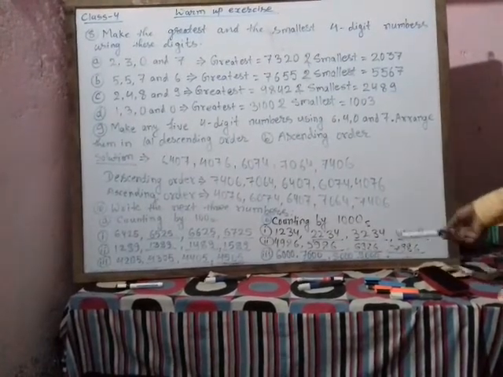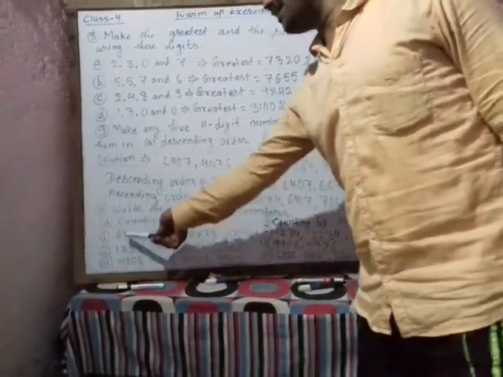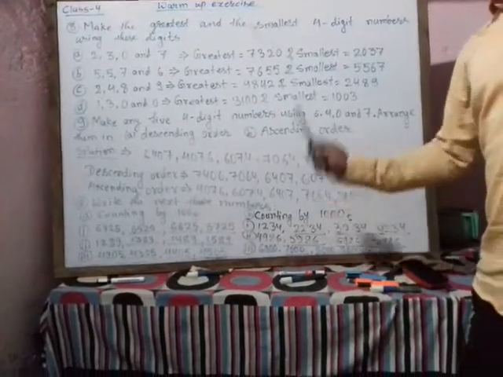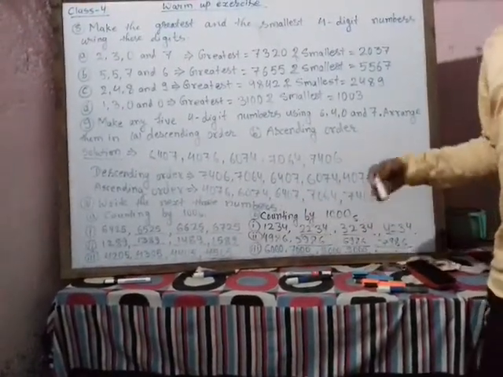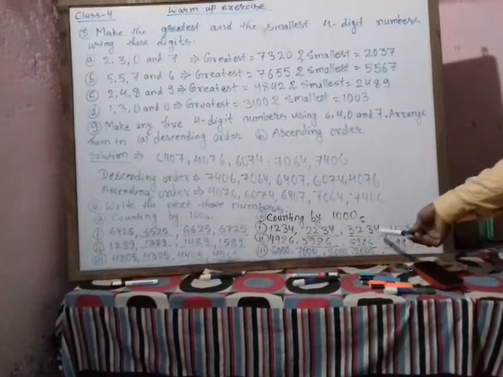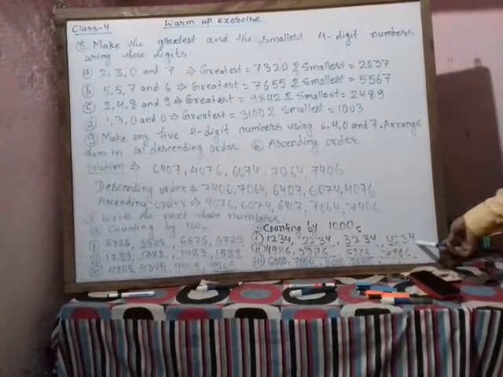Other digits we don't have to disturb. You can see over here also we did not disturb other digits, only we are adding 1 to the 100 digit. Here also we will be adding only 1 to the 1000 digit, and other digits will remain the same. You can see after 3234, again 1 is added to the 1000 digit, that means it became 4234.